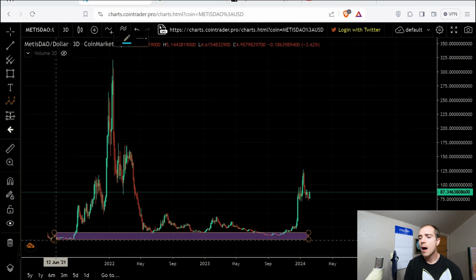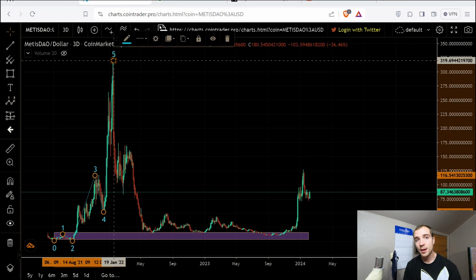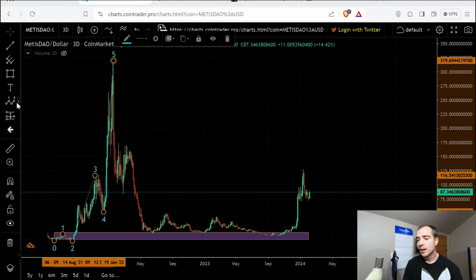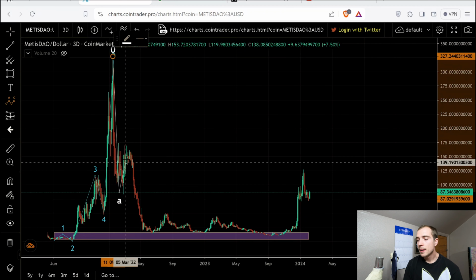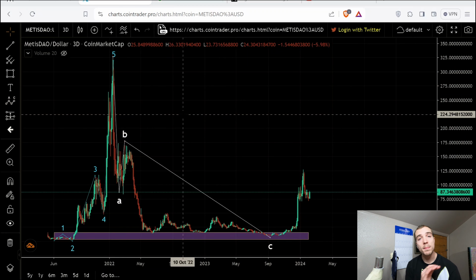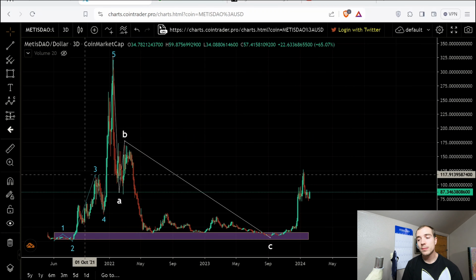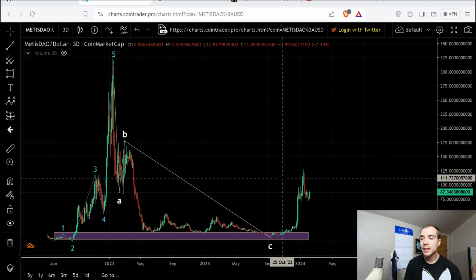So let's go ahead and draw the Elliott wave count here. You can see a 1, 2. Then you get our 3 wave, 5 wave up here. Then we do get an A, B, and a C wave correction back down. So that's a complete market cycle. All of the Elliott waves perfectly in place here. And that's why we started a new cycle, because we completed the previous cycle.